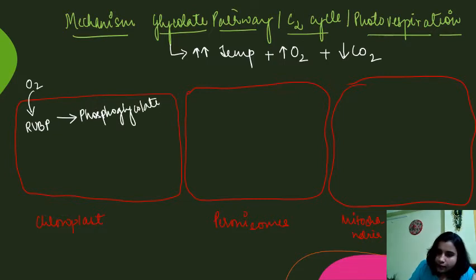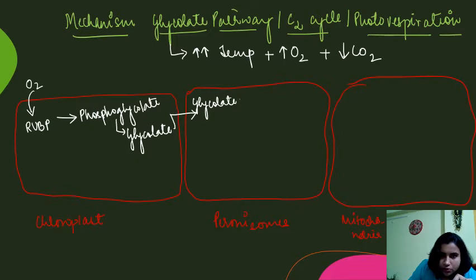This phosphoglycolate will change to glycolate. Now this glycolate will pass to peroxisome and form glyoxylate. Glyoxylate will form